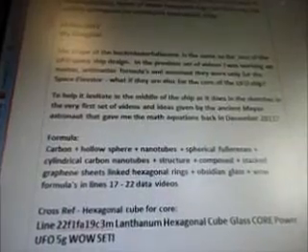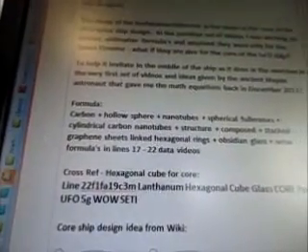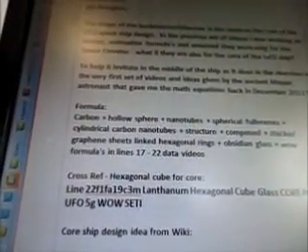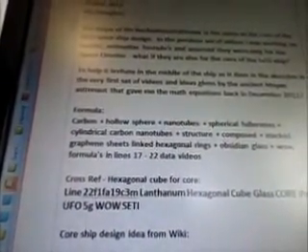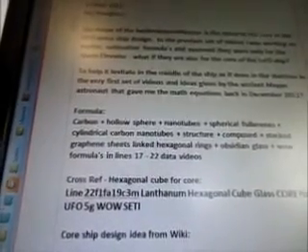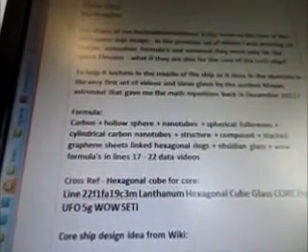To help it levitate in the middle of the ship as it does in the sketches in the very first set of videos, and ideas given by the ancient Mayan astronaut, they gave me the math equations back in December 2011. Formula. Carbon, hollow sphere, nanotubes, spherical fullerenes, cylindrical carbon nanotubes, structure, composed, stacked, graphene sheets linked hexagonal rings,